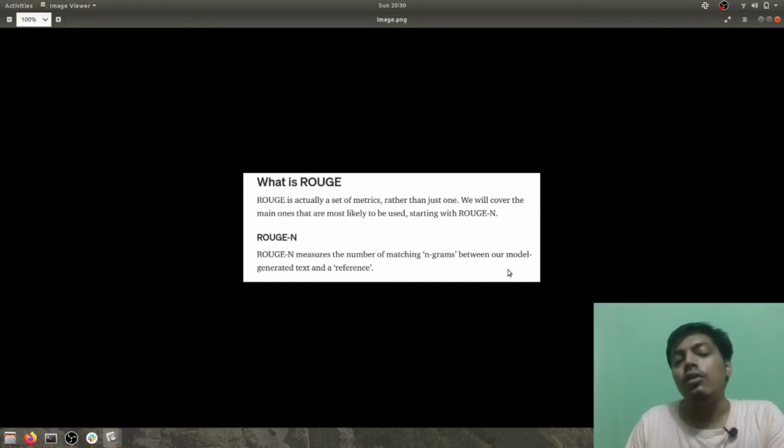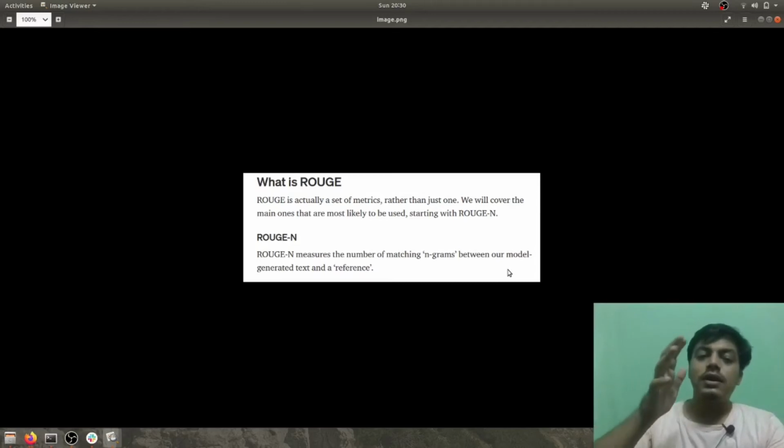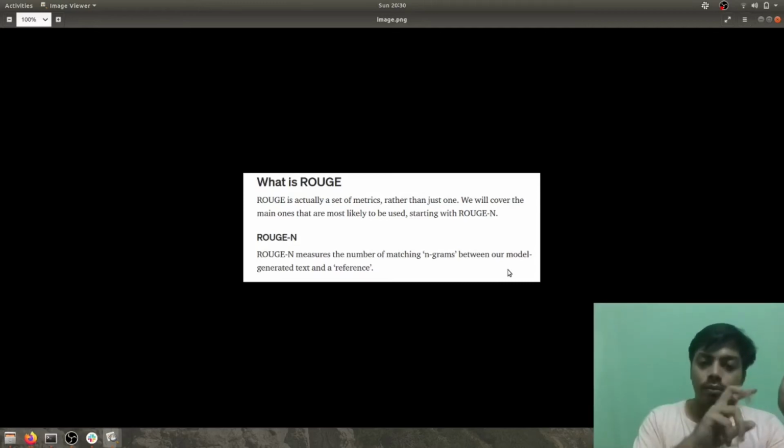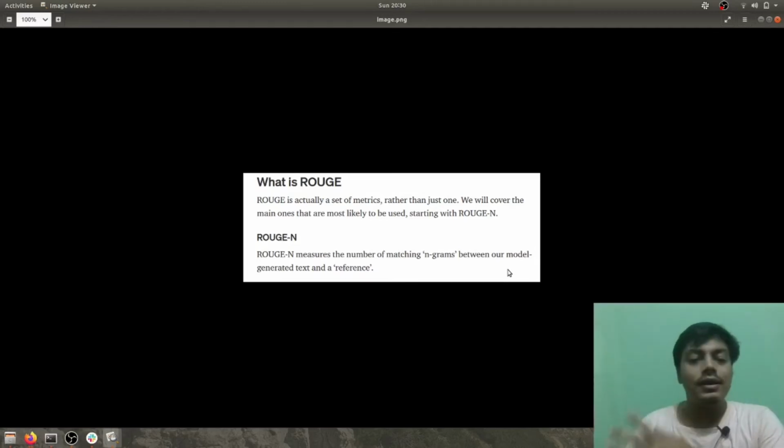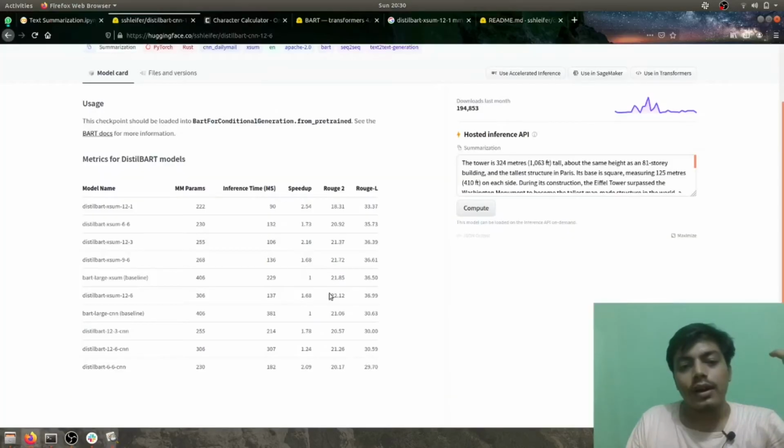If my model has generated "today is a good day", that's 5 words. It will create the n-grams of it and compare those n-grams generated from my sentence with the reference ones. So here we have ROUGE-2, and then we have ROUGE-L.